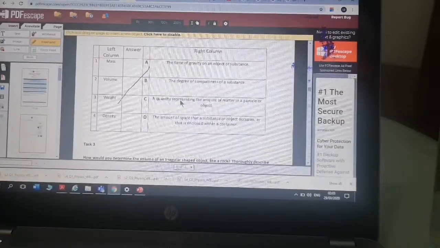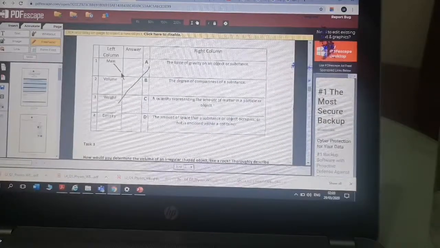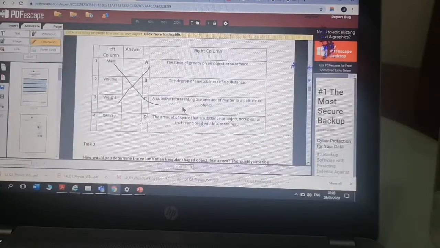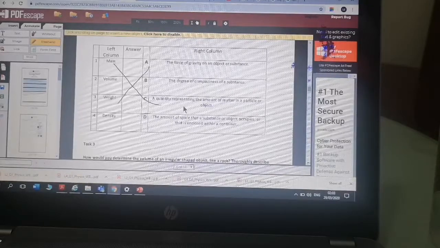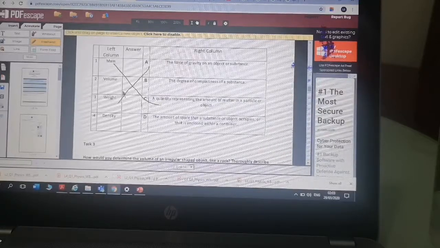What was that from last lesson? The amount of stuff is the mass. How many atoms are there? How many electrons, protons, neutrons in an object? Great. So